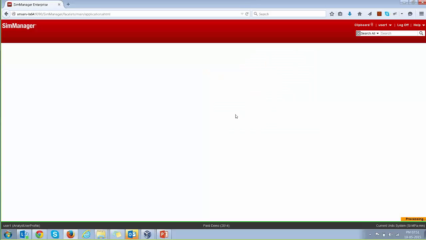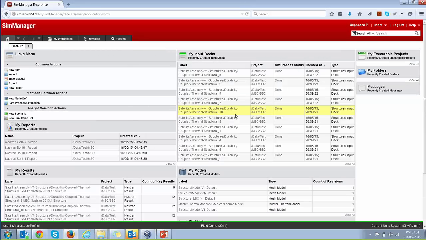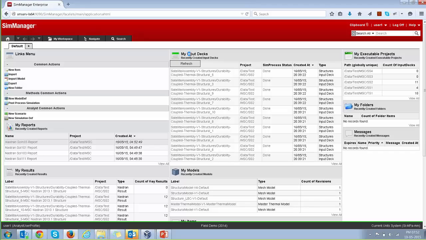Once an analyst logs onto the system, he sees his homepage. All the data that is frequently accessed by analysts, like input decks, models, results, commonly used actions, and executable projects, is shown to the analyst on the homepage. The data to which the analyst does not have access is not shown to the analyst